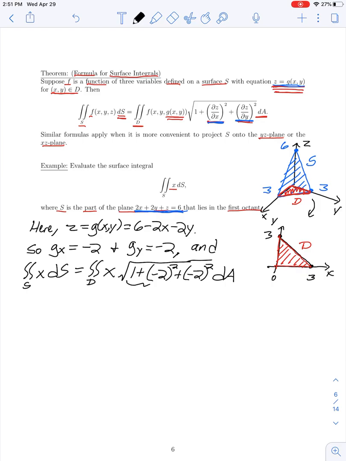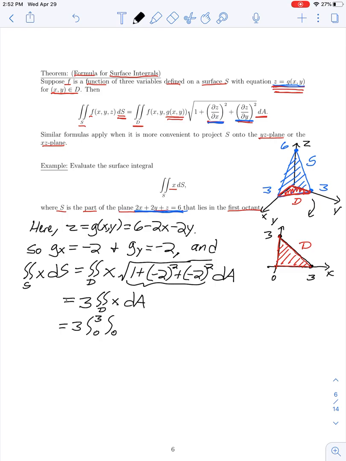So let's see what we're left with here. Under the radical, we have 1 plus 4 plus 4, so that is the square root of 9, or a constant 3, which I can pull out in front of the double integral. And then I just need to evaluate the double integral of x over the plane region D. So let's set it up as an iterated integral. Here we have 3 times, if I think about D as a type 1 region, my outer integral with respect to x would range from 0 to 3,